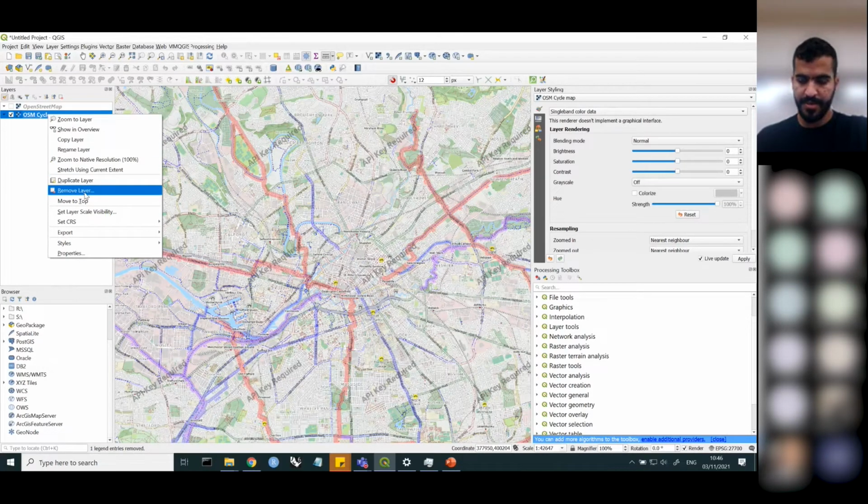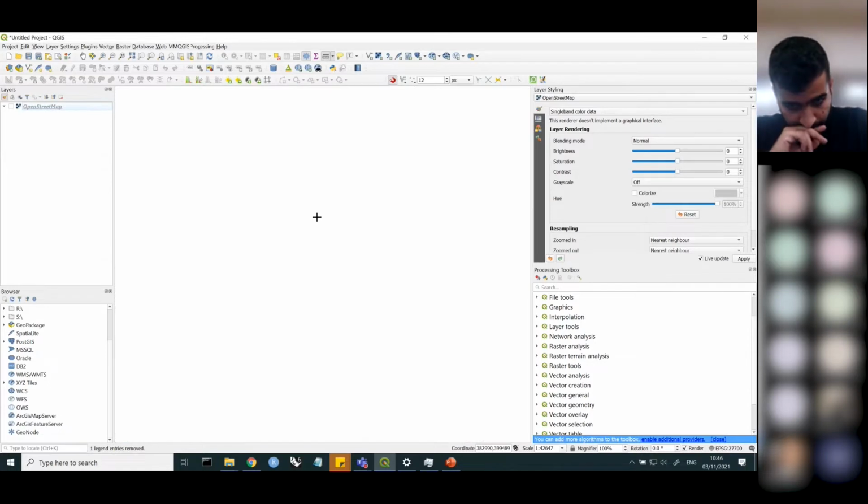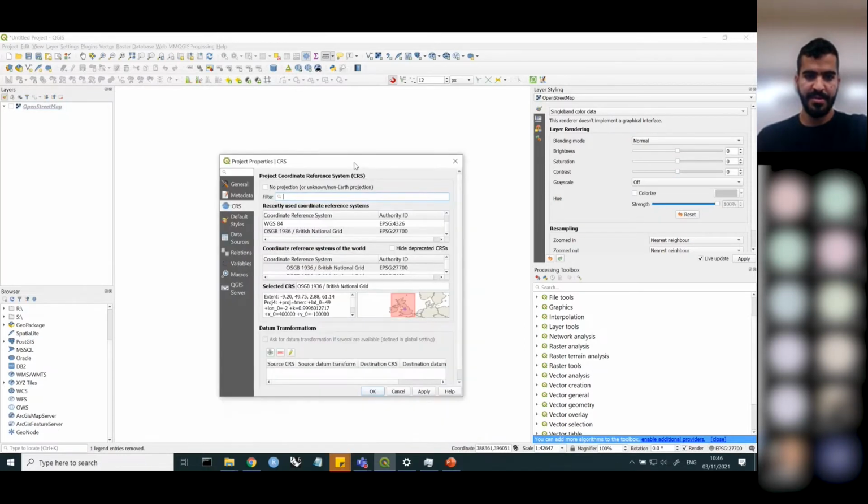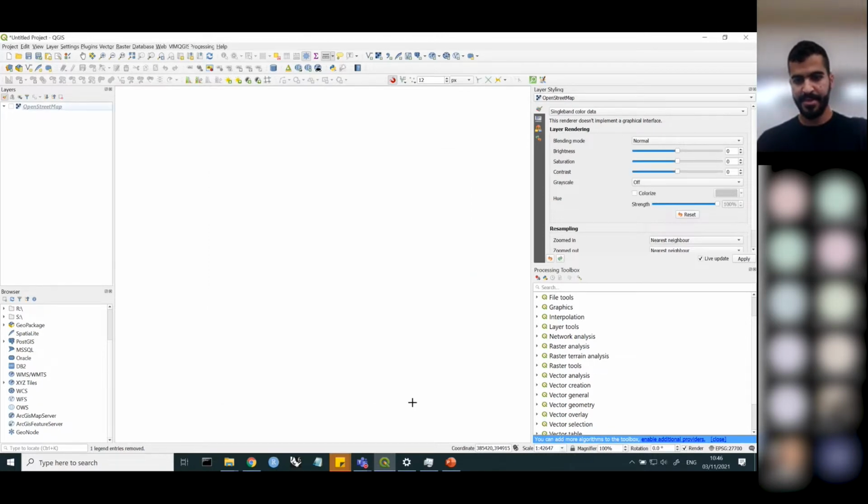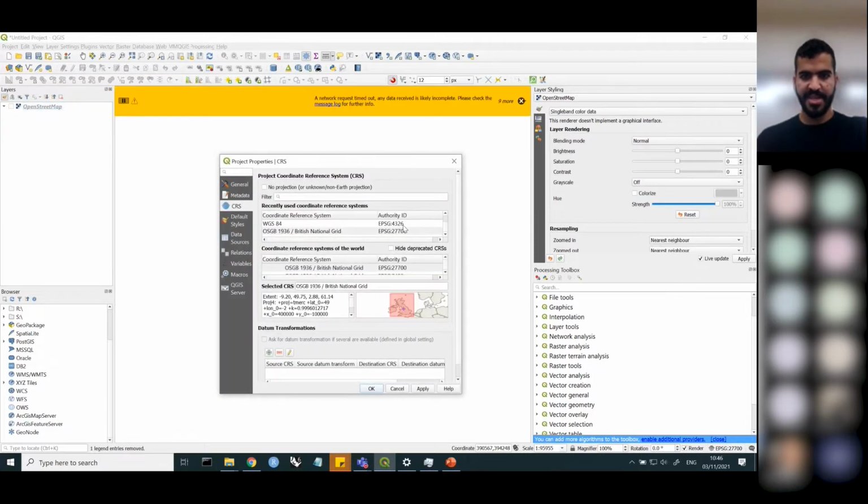Sorry, what's the British projection called? Just use 27700 here. Each projection has its own ID. Remembering the ID is easier than remembering all this stuff here. So with time, you'll just remember it. And then you click apply. And we can change it back again to